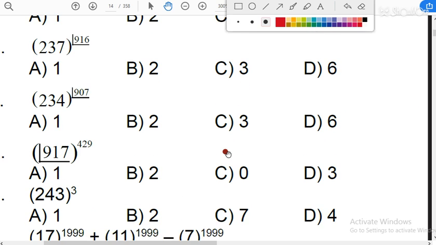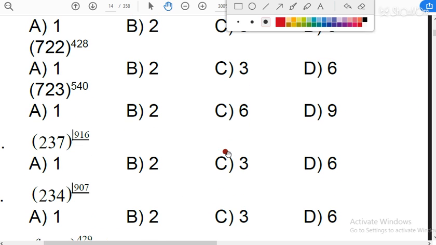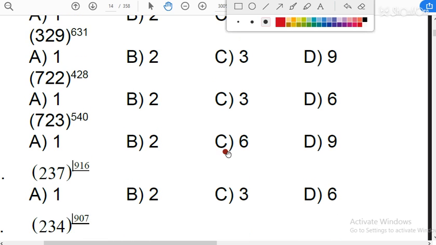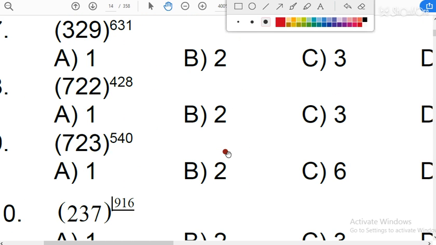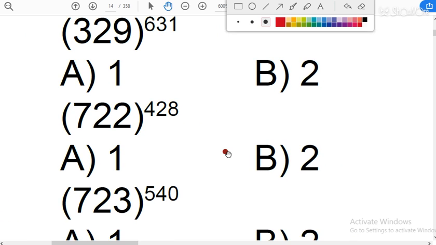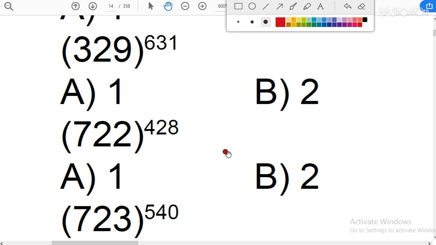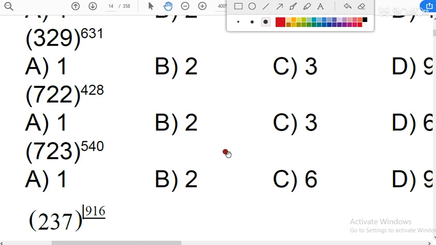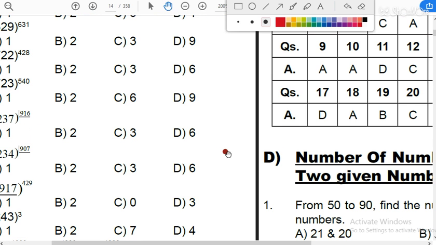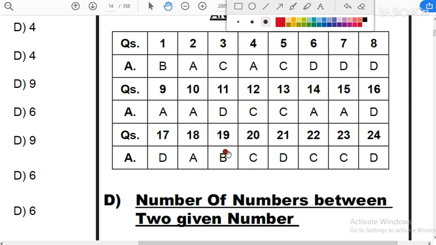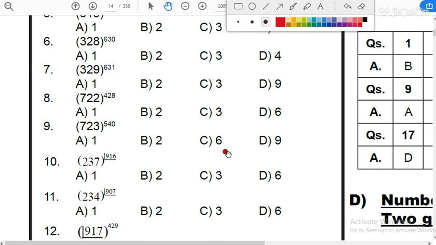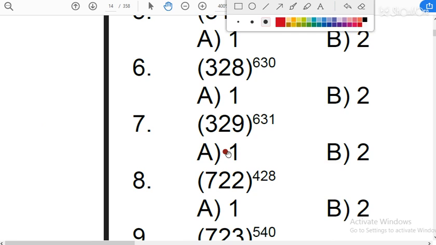Good quality. The quality of questions is very good. Good questions. I have seen just that PDF from my computer. So 7th and 8th question we have done. Let me check the answer. Both options D, 7th and 8th. Yes, answers are D. So now I have to check question number 9.